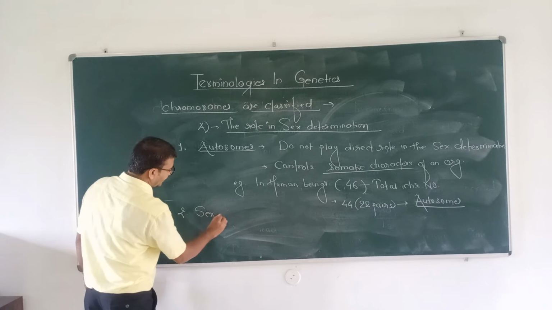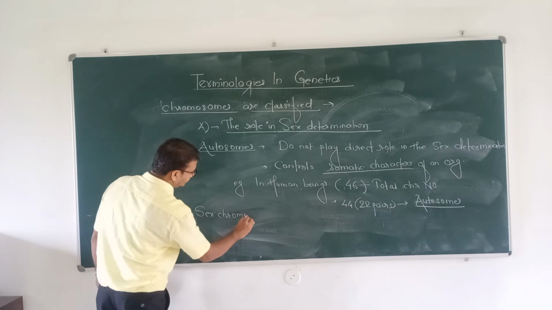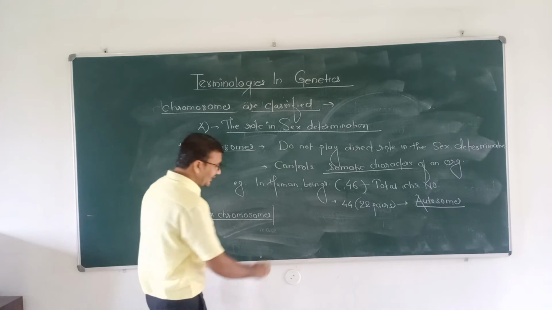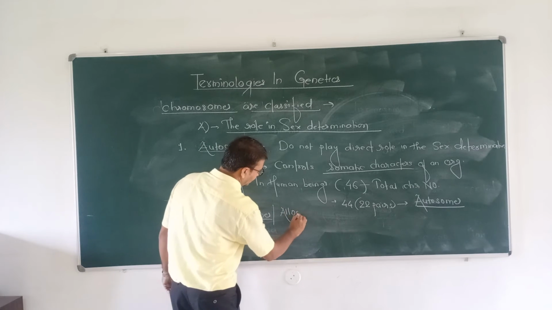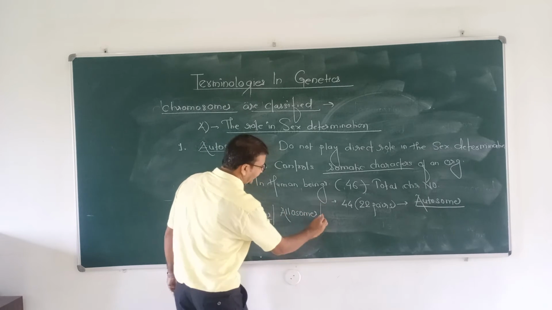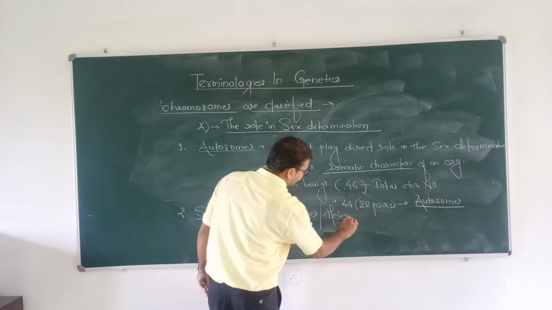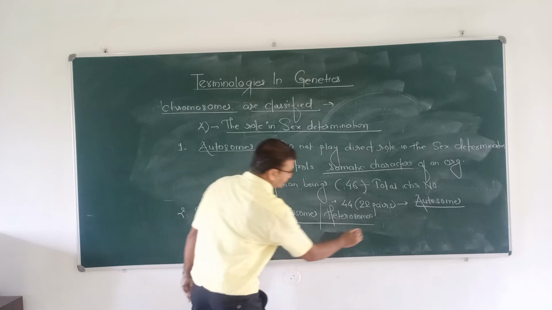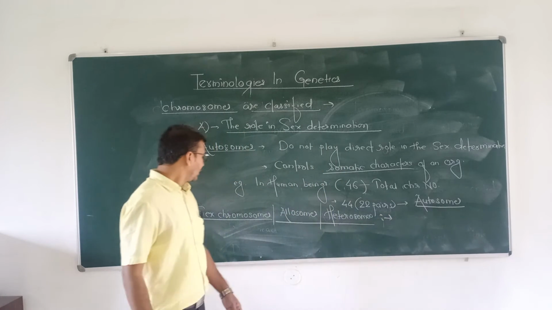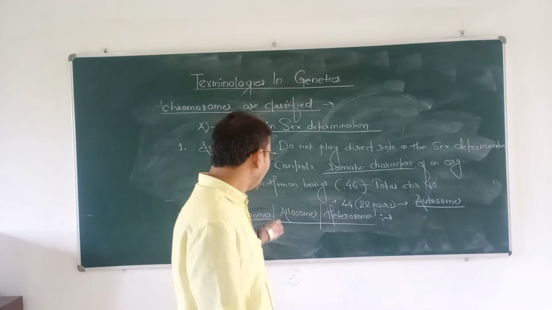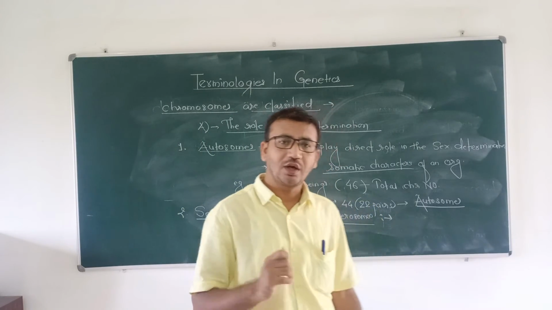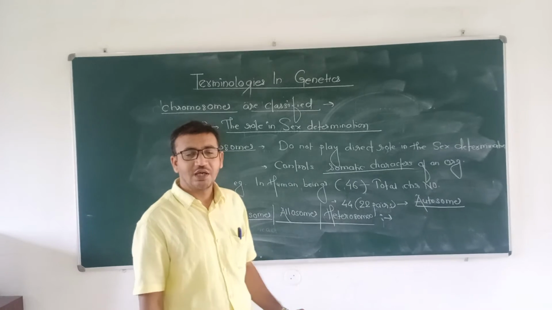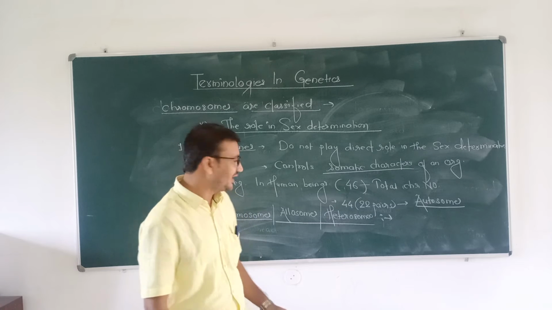Other type of chromosomes which are called as the sex chromosomes. They are also called as the allosomes, and they are also called as the heterosomes. तो ये सेक्स क्रोमोसोम्स क्या होते हैं, एलोसोम्स क्या होता है, और हेटेरोसोम्स भी कह सकते हैं। अपोजिट टू ऑटोसोम्स, इन क्रोमोसोम का डायरेक्ट रोल होता है सेक्स डिटर्मिनेशन में।